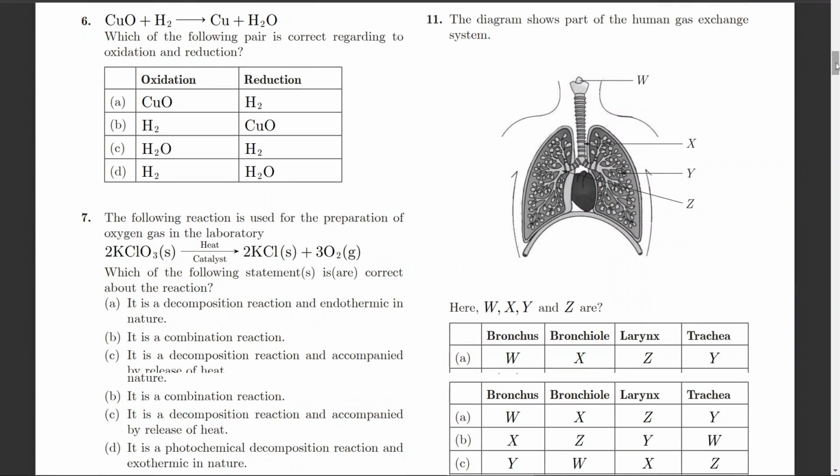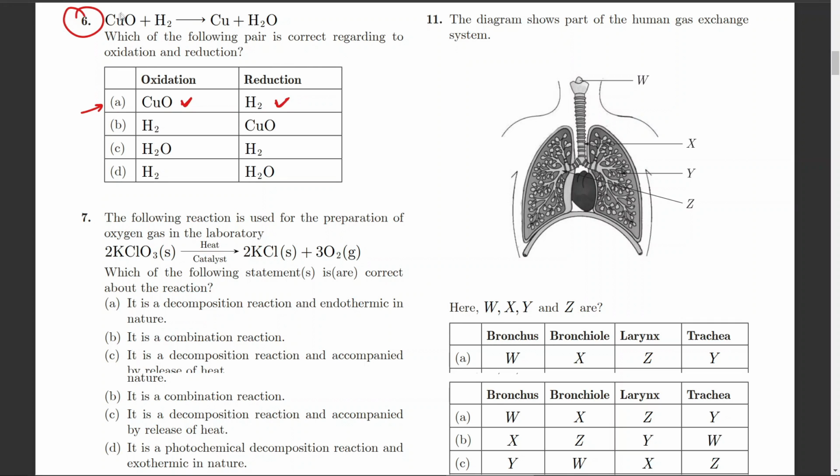Coming to question number 6, which is, copper oxide plus hydrogen gas gives copper plus water. Which of the following pair is correct regarding the oxidation and reduction? Looking into the options, first option is oxidation for CuO and reduction of hydrogen. So here oxidation, as you know, is the addition of oxygen and reduction is the removal of oxygen, in simple